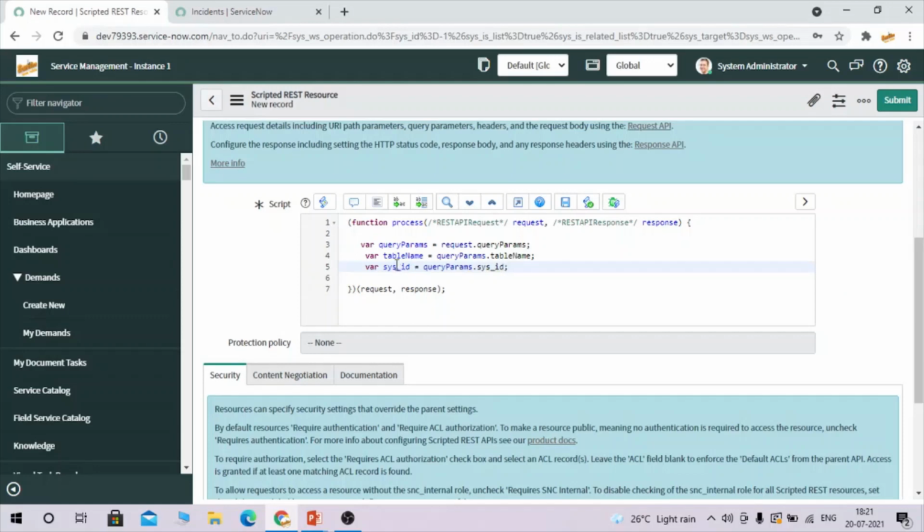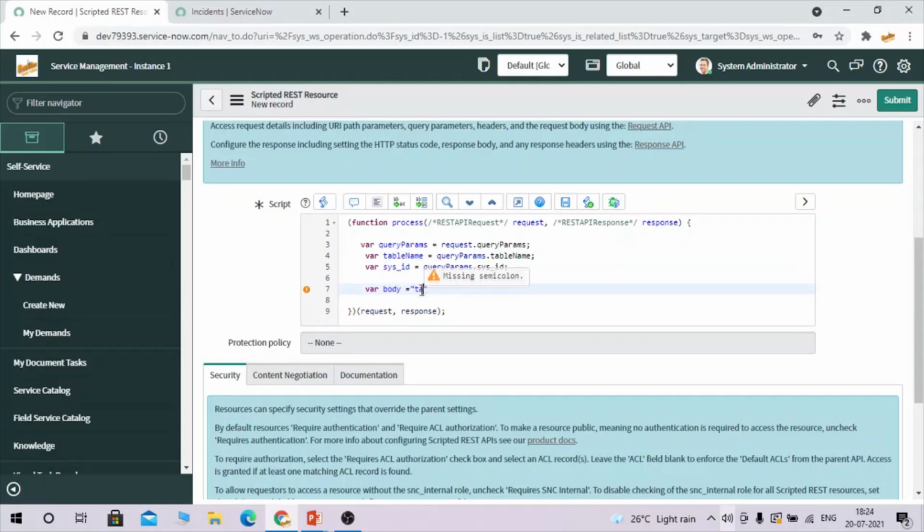Based on these two, table name and sysID, we are able to filter the data. If you want data from the incident table, we can put incident in this parameter, and we can have the sysID of any record and query that, right? Here I'm going to define one variable called body, and assign into this variable.